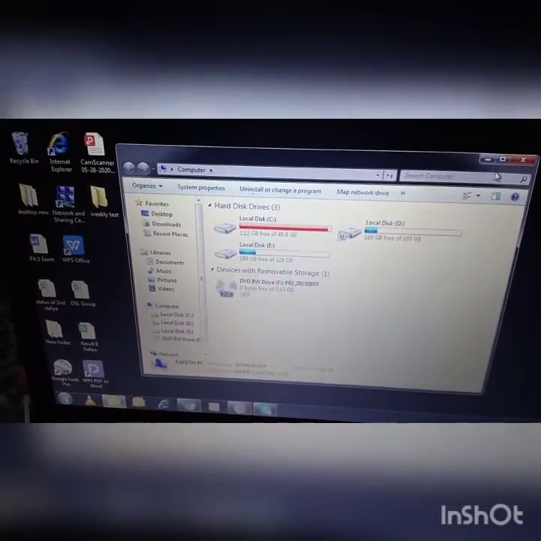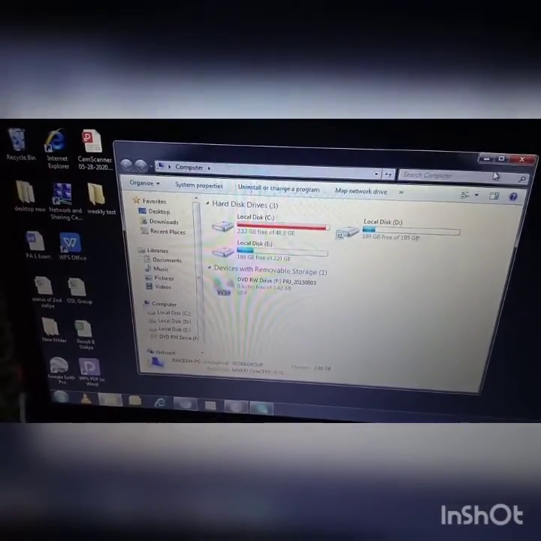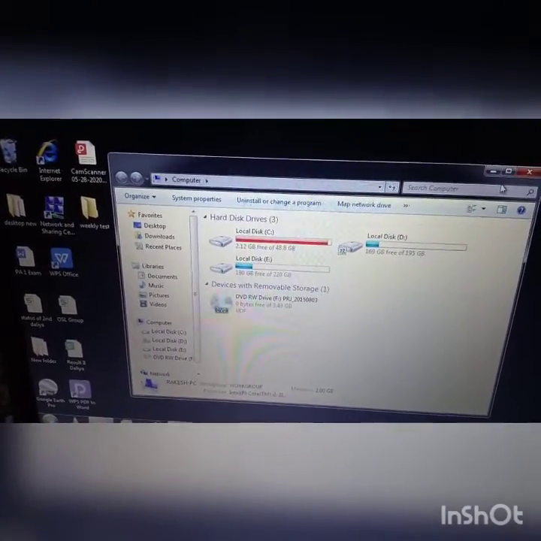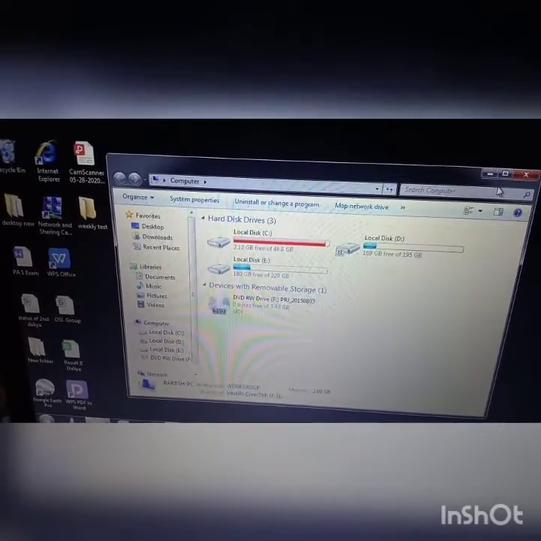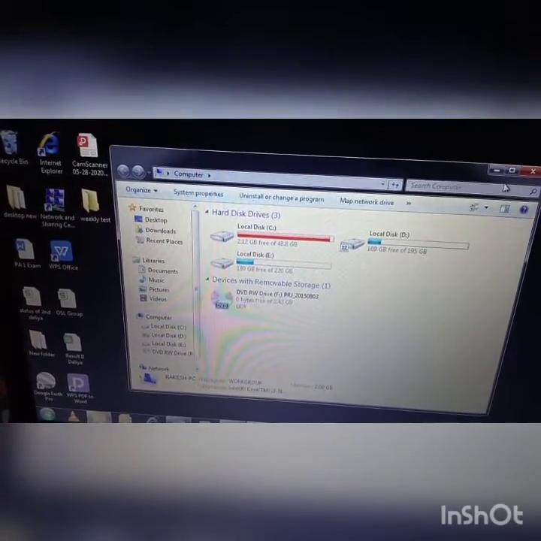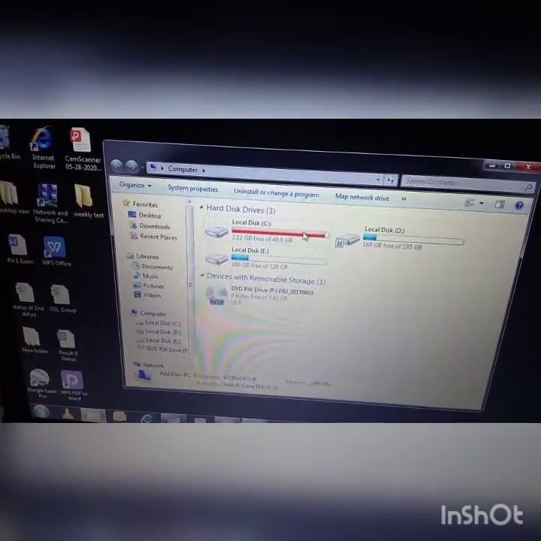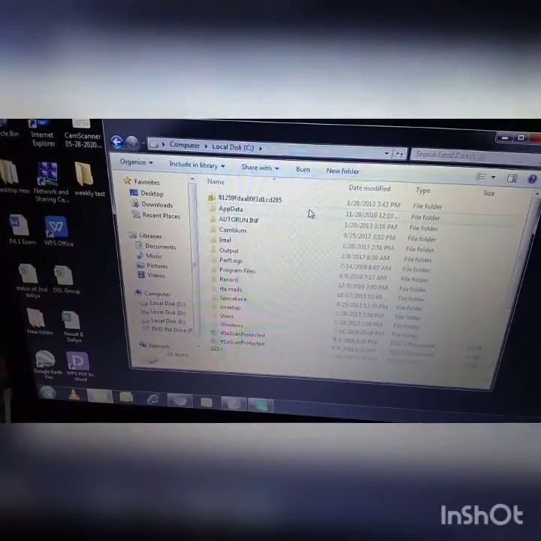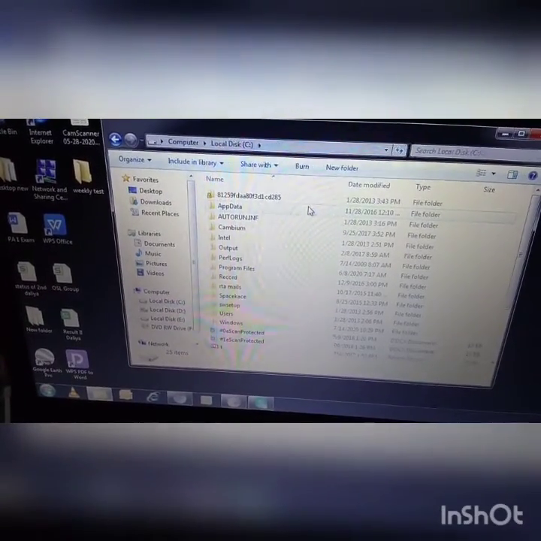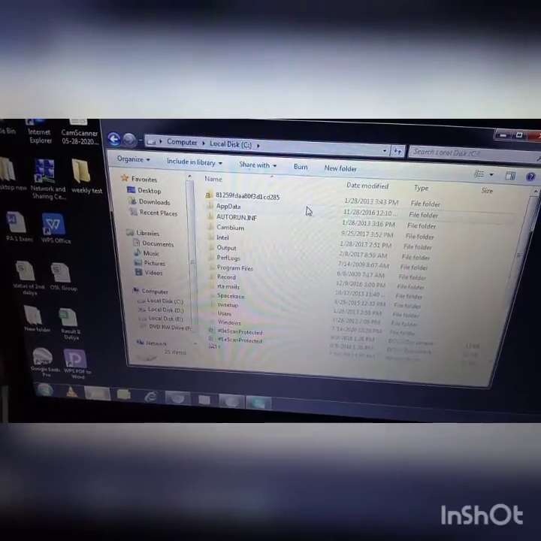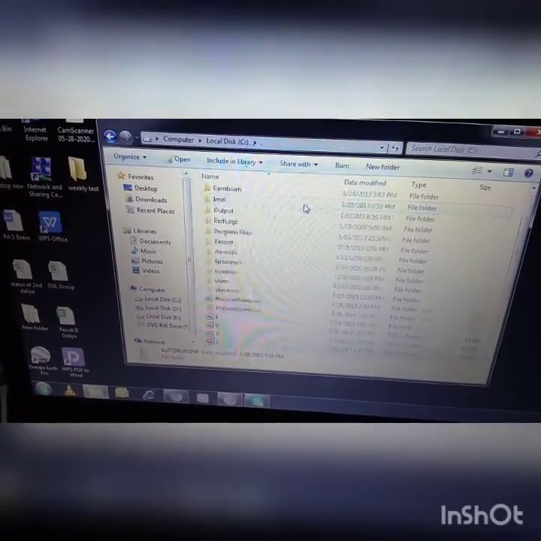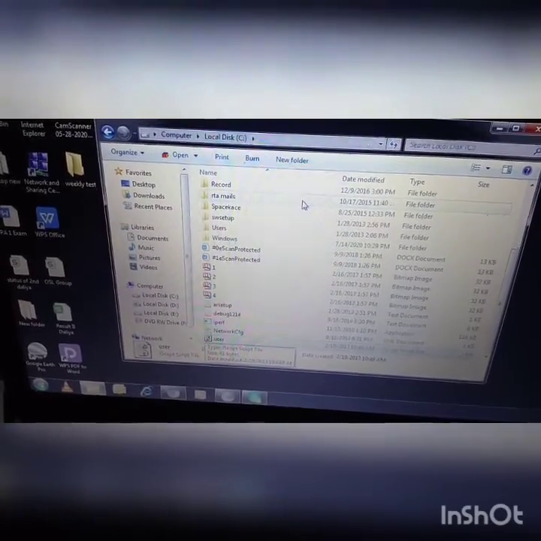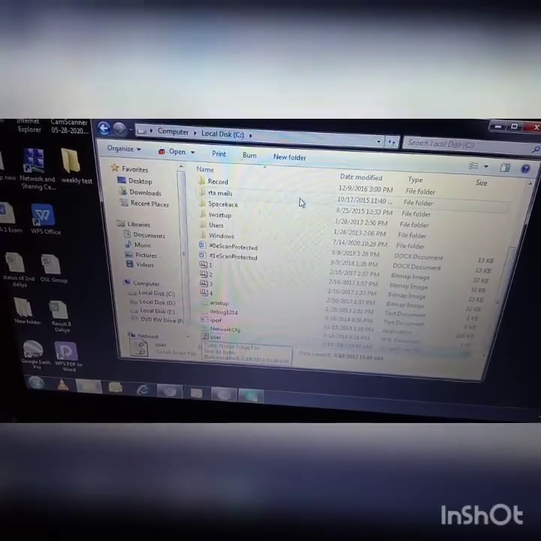Now the hard disk drive, or you can say C drive. You can see C drive here. Double click on the hard disk drive to get the content of the hard disk. I can show you. You can see I have double clicked. Then I can see the content of the C drive. It has a larger amount of storage capacity than a floppy disk. You can see so many folders and files in this drive.